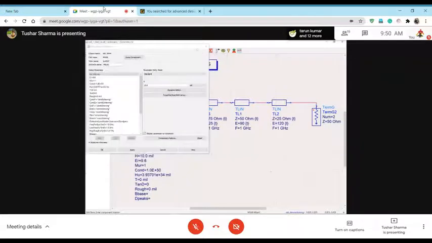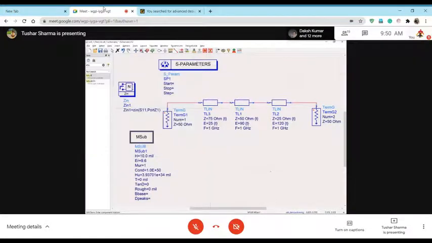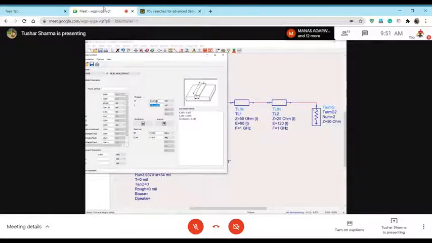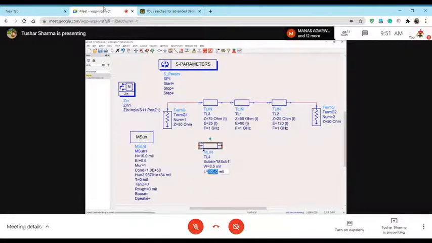So let me go back and put an actual line, which will basically be a model of an actual line which has width and length. So you see, I'm converting this into the substrate width, which was 3.5, as I got from my calculator, and then length is 336. So this will be 336.